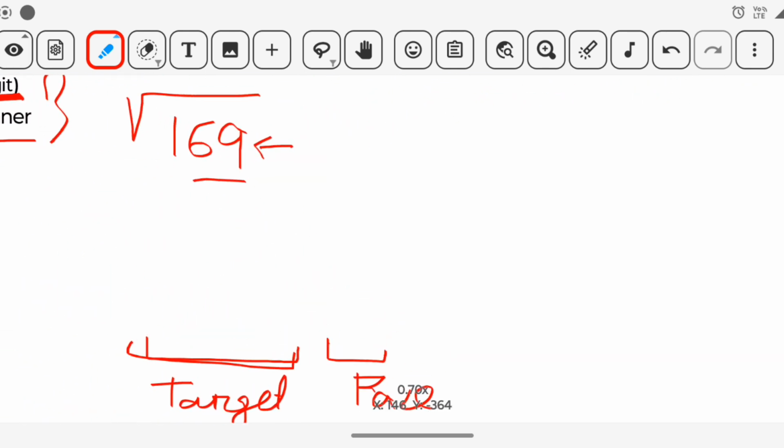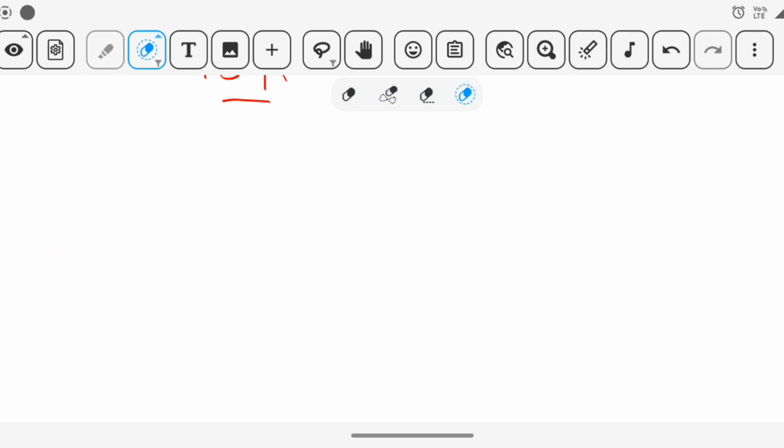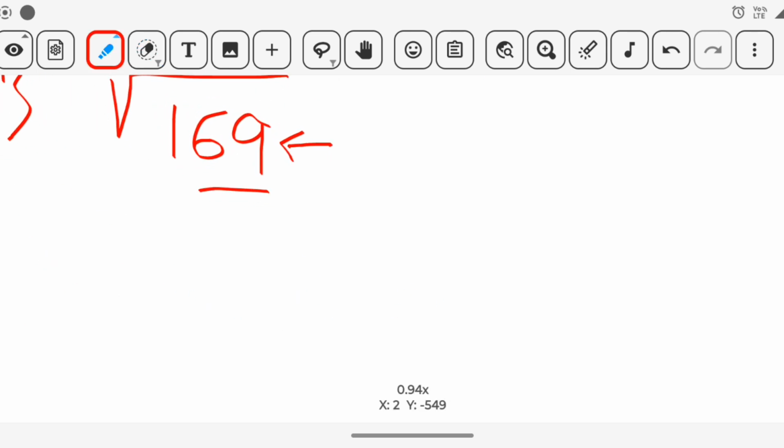So in 69, sorry, let me erase it. It will be very easy. Just stay tuned with me. So for 69, there are two chances: either it is 3 or it is 7. Now the face work is done. So let's erase it. 69 is done. So let's remove it. For 1,